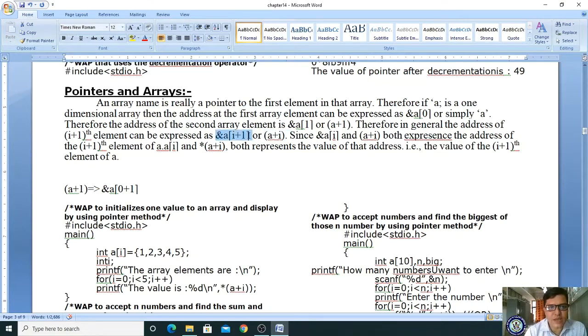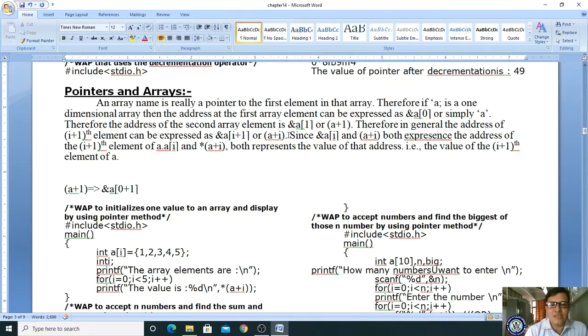Ampersand A of I plus 1 or simply A plus I. A is always ampersand A of 0 plus I. The I value may be whatever you choose. If I is 1, then 1. If I is 2, then 2. Right? A is always ampersand A of 0.